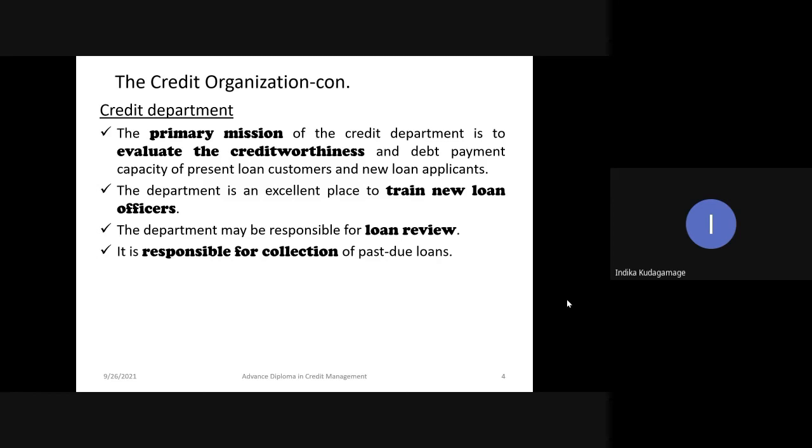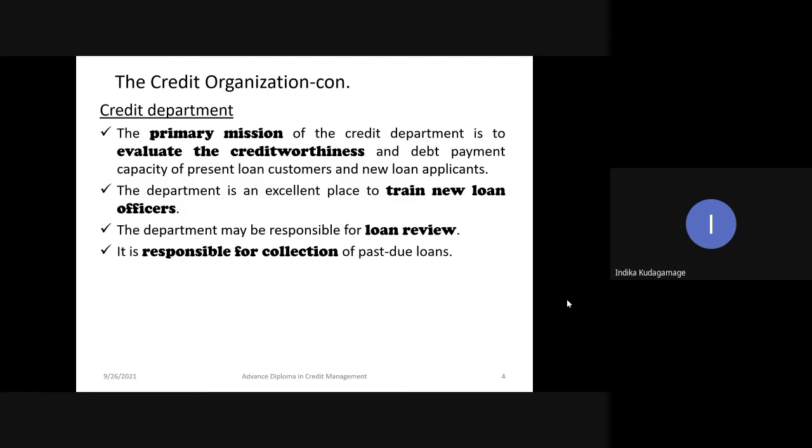Then the department may be responsible for loan reviews. Annually, we need to review the facilities. Collection, sometimes, yes, they are responsible for the portfolio, so they have to follow up on the collection, but they are not doing the actual collection. For that, we will have a collection department which is purely responsible for collection. But anyway, the entire responsibility lies with the loan division, because they are the ones who bring the loan. So collection, recovery, everything,